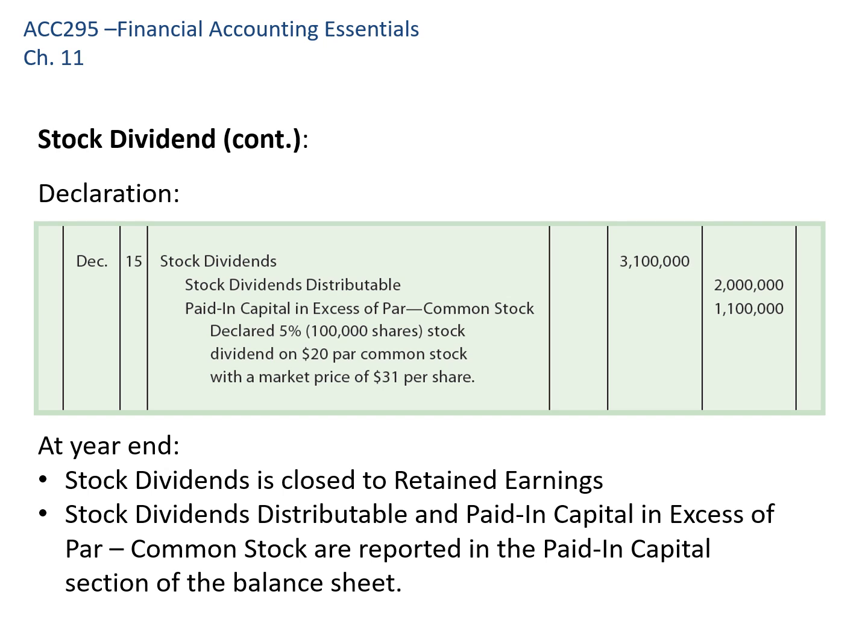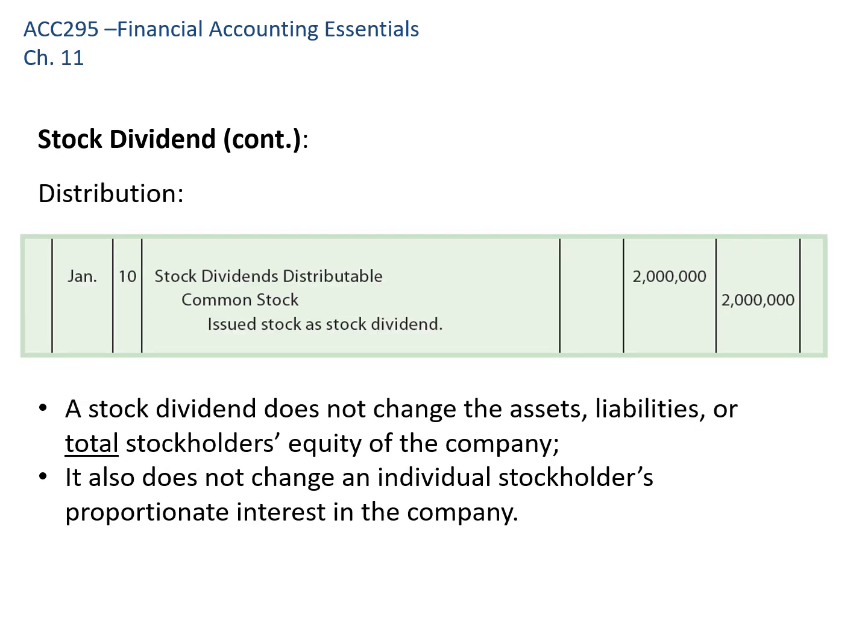One thing to keep in mind is that if the stock dividend is considered to be small, which is less than 20 or 25% of the total shares of the company, which is usually the case, in those situations, we'll use the market value of the stock. If it's a large stock dividend, so over 20 or 25%, then we'll use par value. So when we distribute the stock, as I mentioned, we'll debit that placeholder account, stock dividend distributable, and we'll credit common stock. That's the reason that we needed to credit stock dividend distributable for par value, is that we're going to swap it out for common stock at a later date.